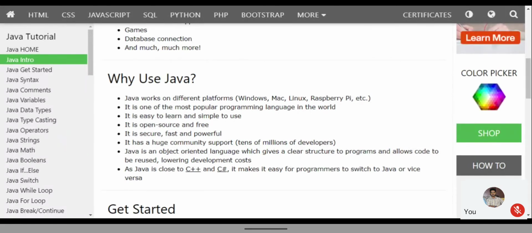Java is an object-oriented language which gives a clear structure to programs and allows code to be reused, lowering development costs. Using Java, we have created something, and after that you have an idea of updating it, like applications or games. There will be a lot of updates and new features.